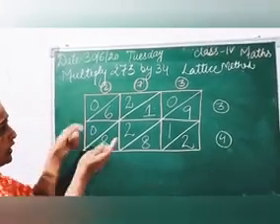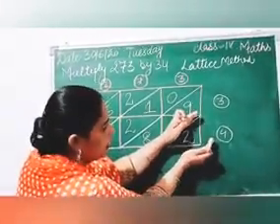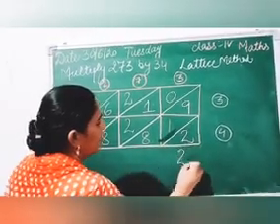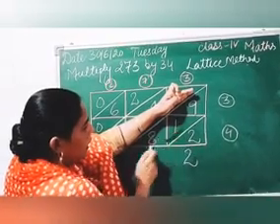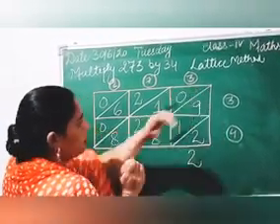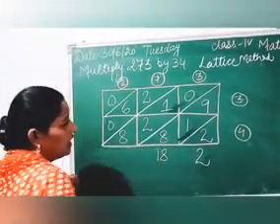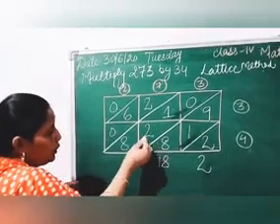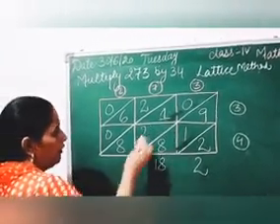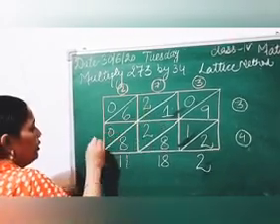We will only add these numbers diagonally, and you can see here in this box only 2 is there, so we will write 2 here, and in this box 9, 1 and 8 are there, so we will add these three numbers. Yes, 8 and 1 is 9, and 9 is 18. We will write 18 here. After that, 0, 1, 2, 8. 8 and 2 is 10, and 1 is 11. We will write 11 here. Then 6 and 2 is 8.